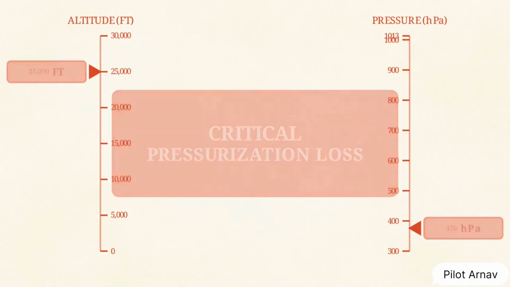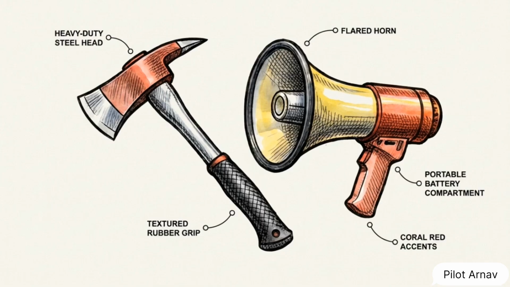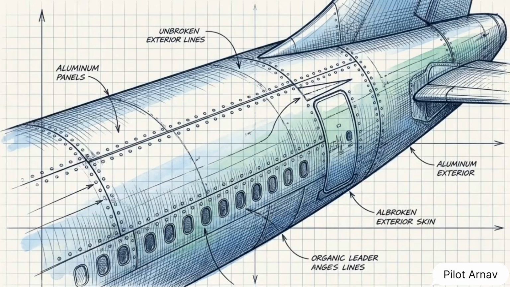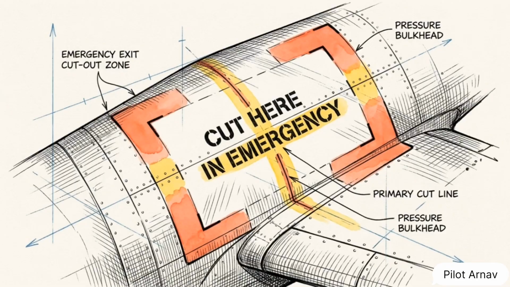loss of pressurization. Heavy aircraft over 5,700 kilograms require crash axes. If the passenger capacity exceeds 60, portable battery-powered megaphones are mandatory. For commercial airliners with more than 60 seats, the flight deck door must be designed to resist small arms fire and grenade shrapnel. If the aircraft must be accessed from the outside by rescue crews, the fuselage is marked with specific break-in points. These areas are color-coded in red and yellow, often outlined in white, to indicate the safest areas